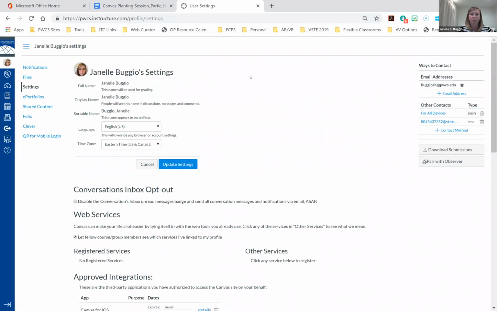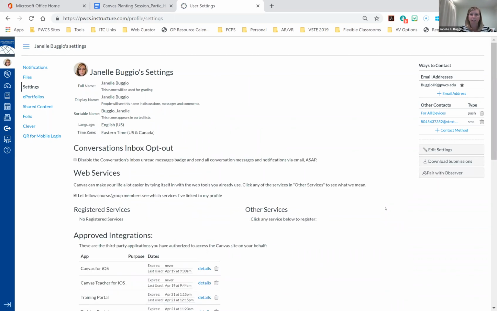So when you're finished updating those settings, just click Update Settings, and that's it. Now, if you want to change your profile image, you'll notice when I hover over my image, I can click on the pencil,